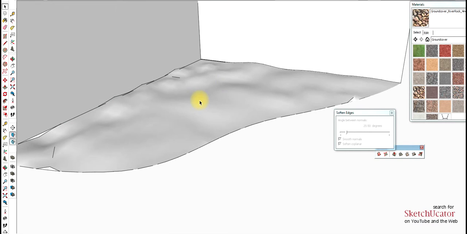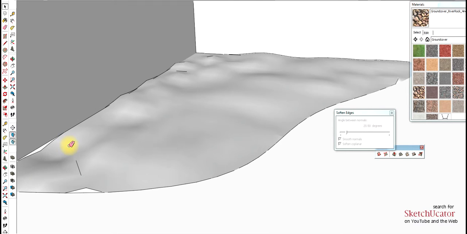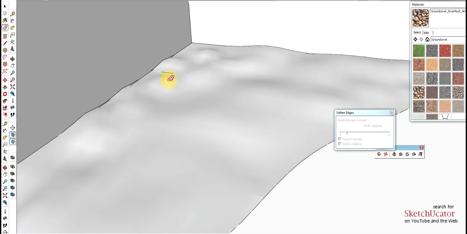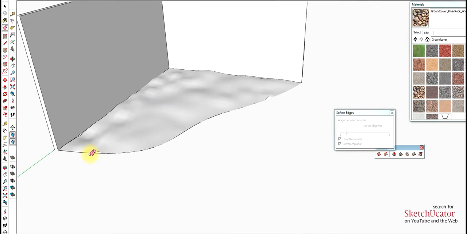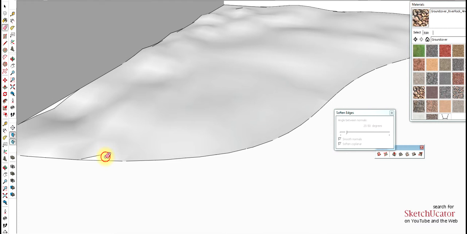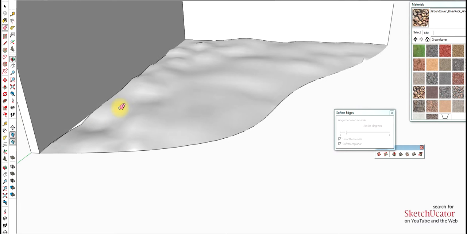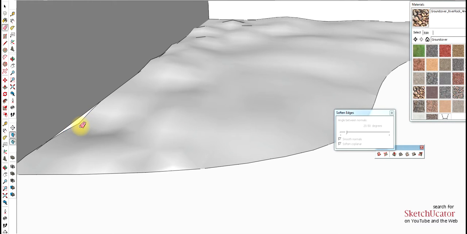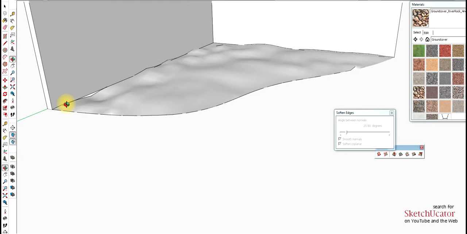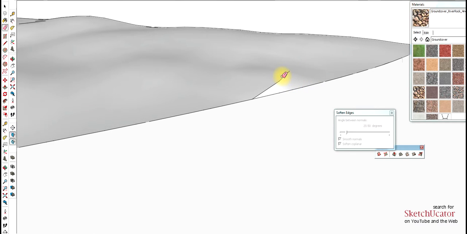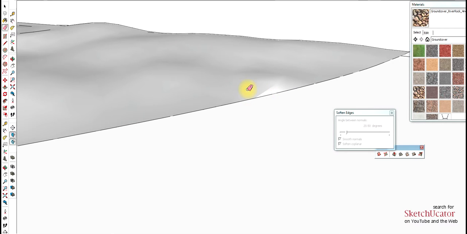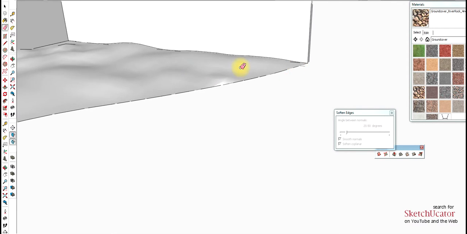So you can see what I have now is a surface that has got some nice undulation in it. If you've got some lines left, you can use the eraser tool and tap Control and you can get rid of some of this extraneous stuff. Obviously drop that one down. Eraser tool, Control, you'll get rid of some of that extra stuff. So